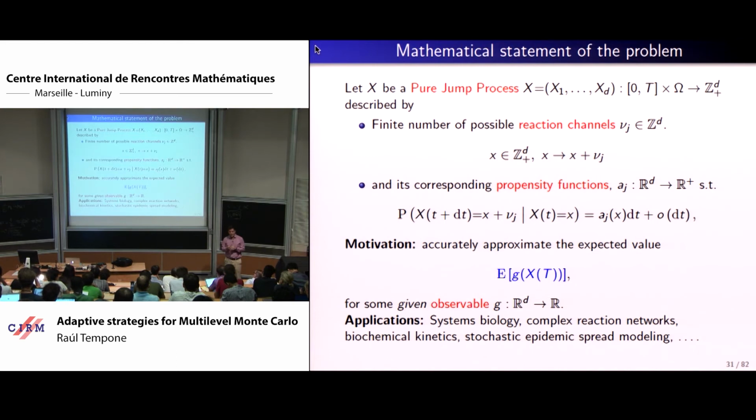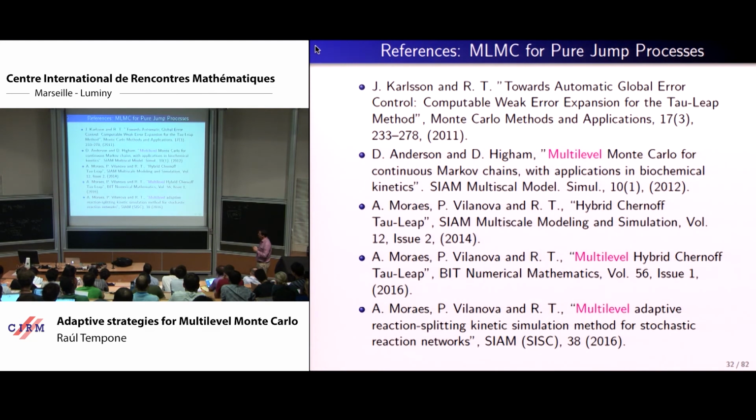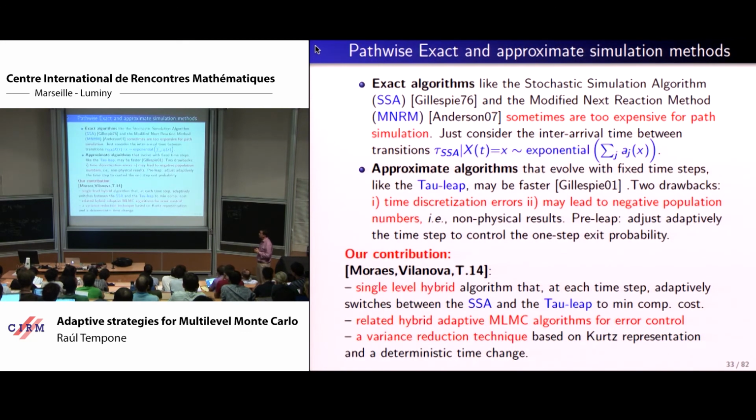So if you can split among the reactions, do a time splitting method, and treat some of the reactions with the approximate method and some of the reactions with the exact method, this can be done as well, even in the context of multi-level. And again, what is going on here is that you're introducing biases and approximations that have much less cost when compared to the unbiased algorithm. This is why this gets useful. Okay.